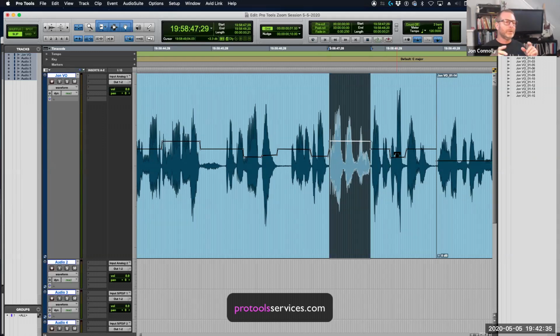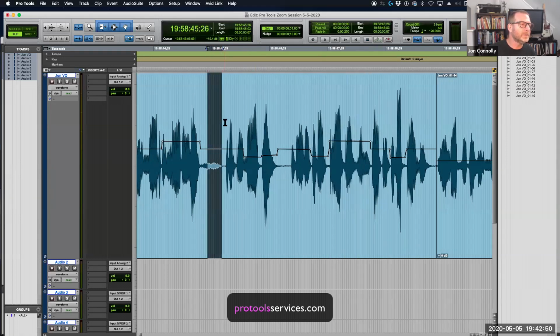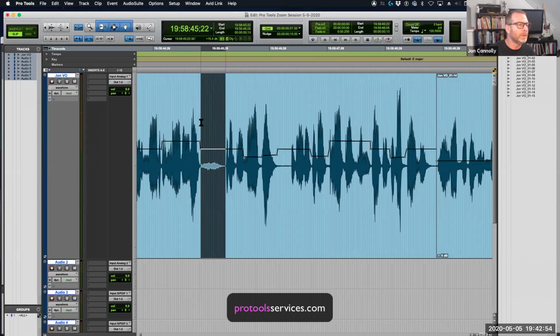So the goal here is to visually level out these waveforms and get a consistent level for this dialogue. That's the goal. But also I can use it for other things. Like right here, I can see this is probably a breath. I can tell by looking at the waveform. Some people like to remove breaths completely.